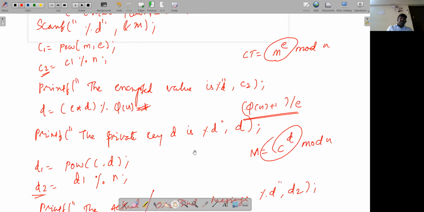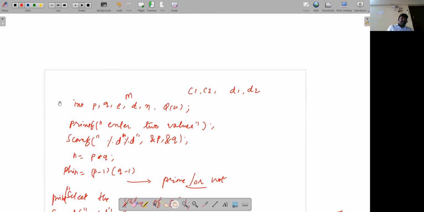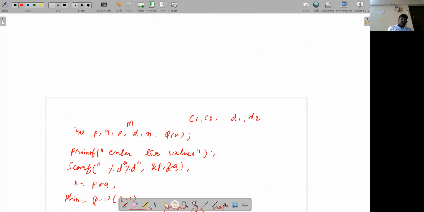I hope this is clear. Any query, any further clarification required? You can use int main or void main, and you all might know the basics, right? If you are using int, you need to write the return type. If you are using void, it will not accept any return type. Is it clear?